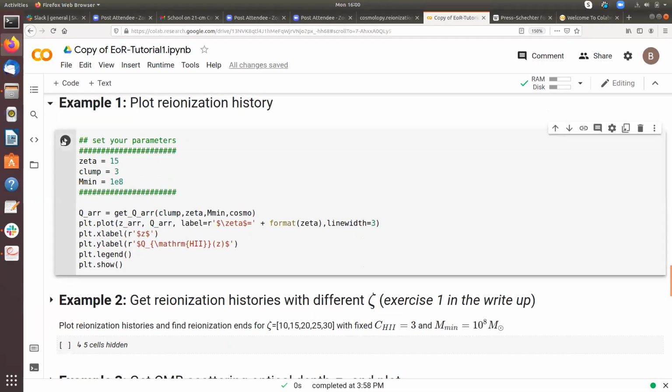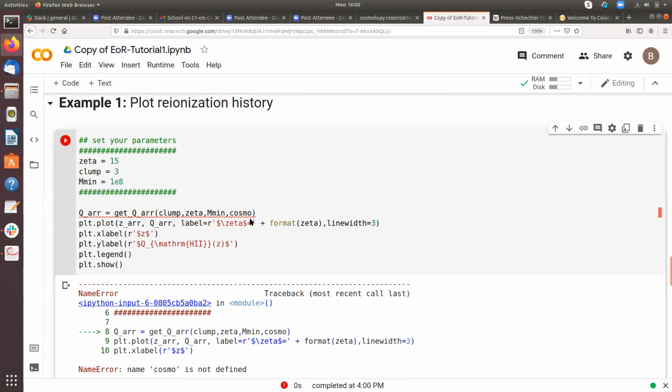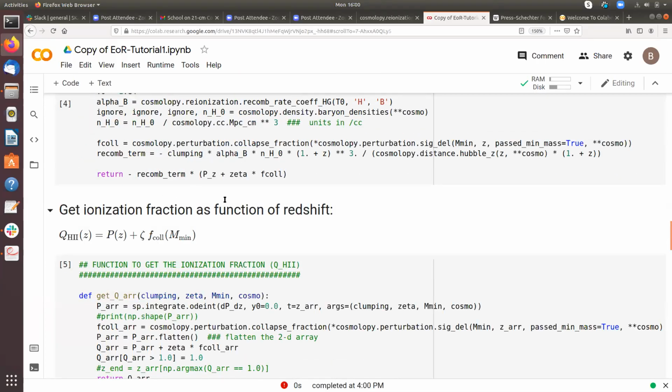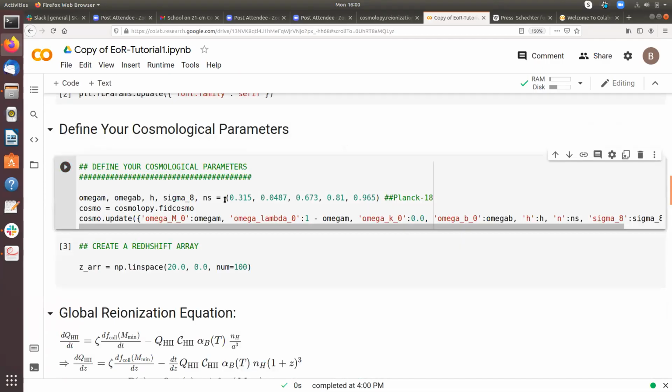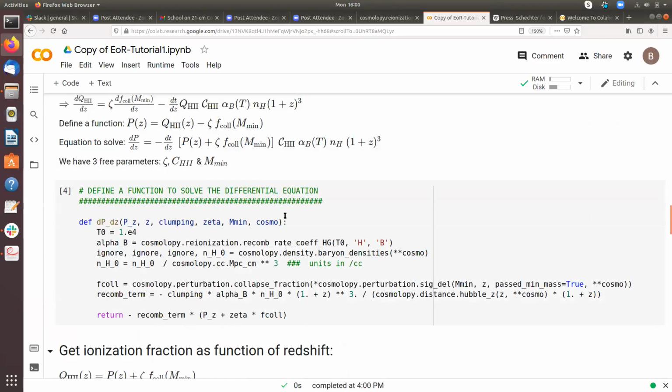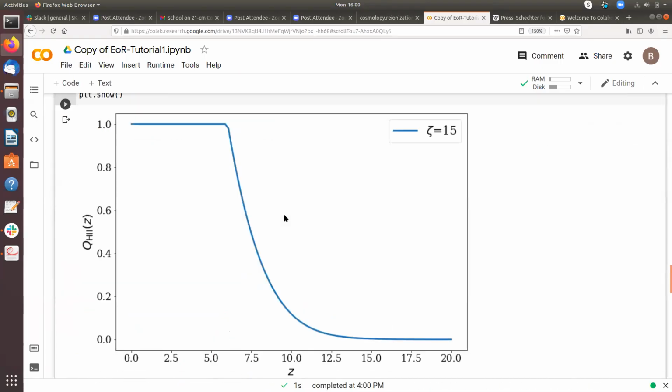So let's plot it and check what we get. Okay, Cosmo is not defined. That means we have to run this cell once. Okay, now we got the plot. So here we see what's happening. We have taken a redshift array from 0 to 20, and on the y-axis we have plotted the ionization fraction. 0 means the universe was more or less neutral, and at high redshift before reionization the universe was basically neutral.